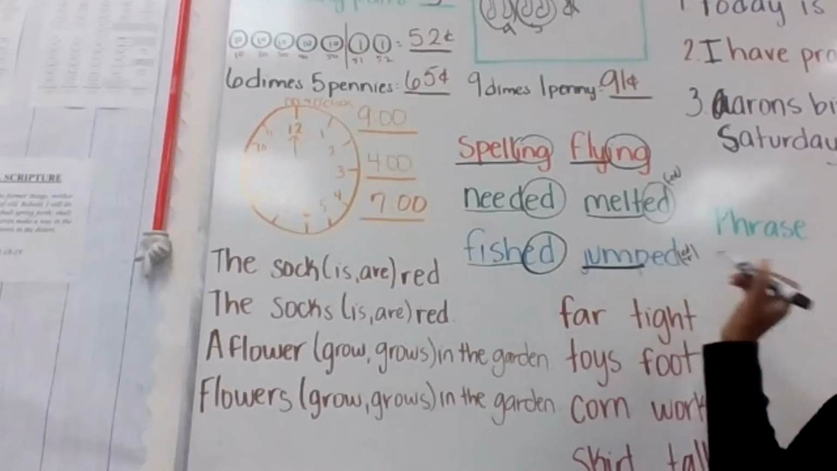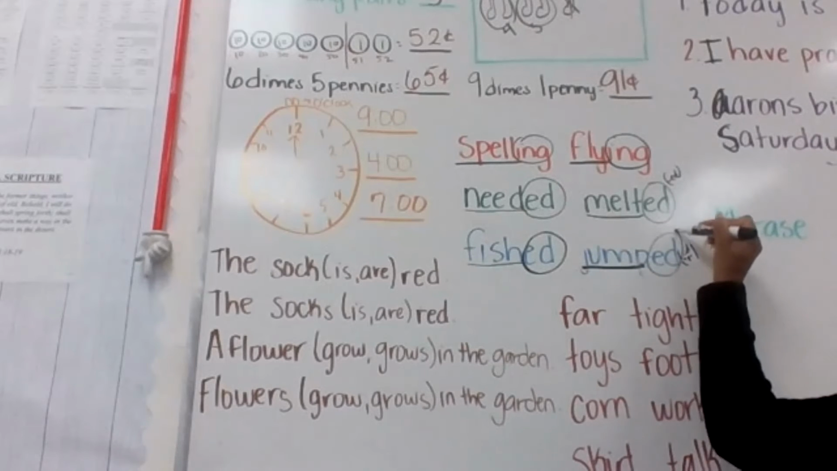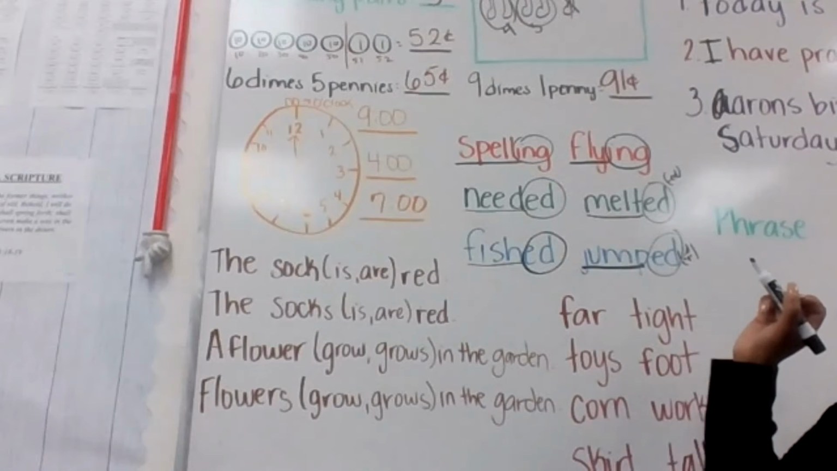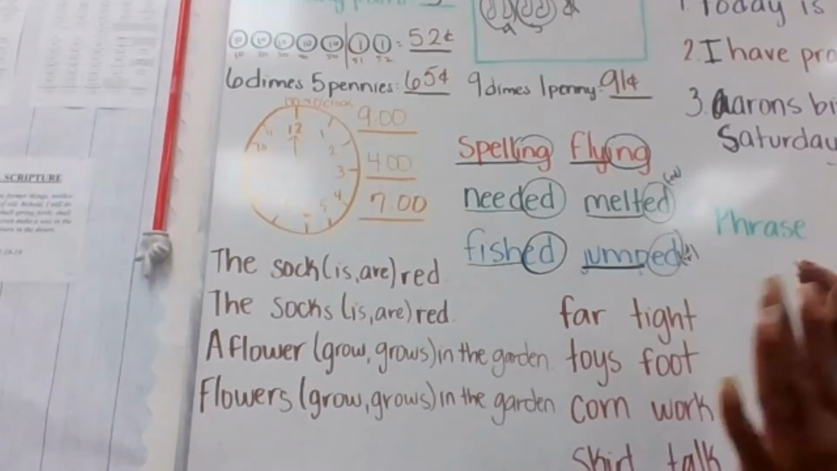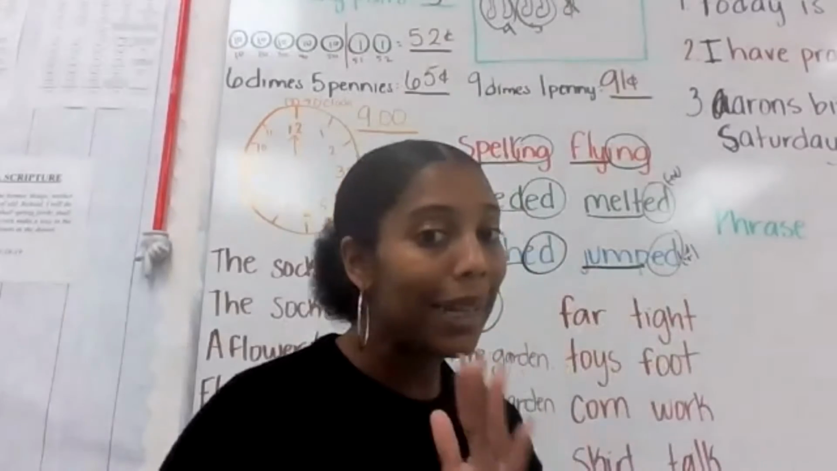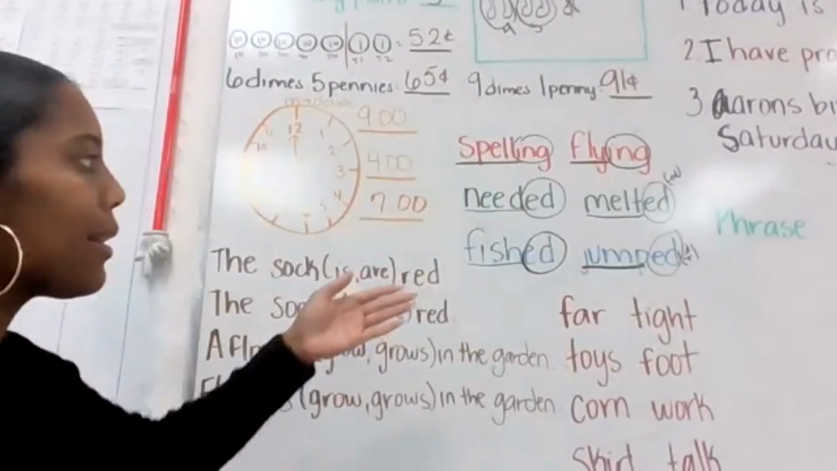Underline the root word jump. And circle ed. How would I say it? Sorry, tell me the word. Jump. Jumped. Not jumped it. Jumped. Good. So it's important to know when to use the right ed, because we don't want to say fished